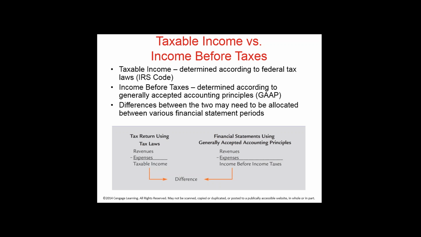Because if we get to take additional deductions on our tax return and thus reduce our taxable income, in future years we're not going to have that deduction, so our taxable income is going to be higher. So if we calculate our taxes payable based on our books, our profit and loss, looking at income before taxes, eventually we're going to owe the amount we calculated, just maybe not in the current year. So how do we account for those differences?